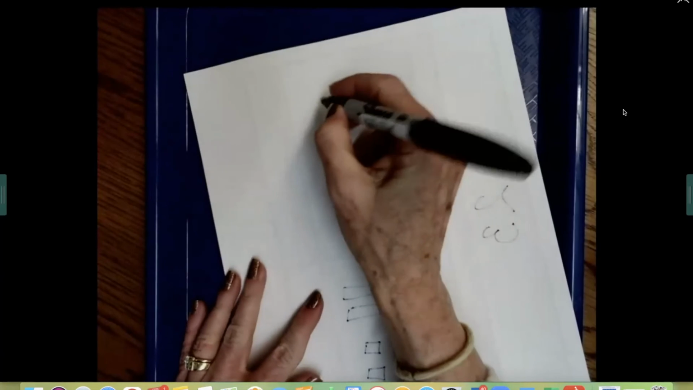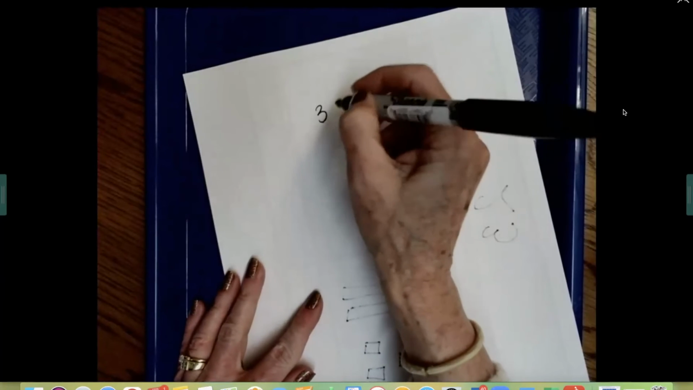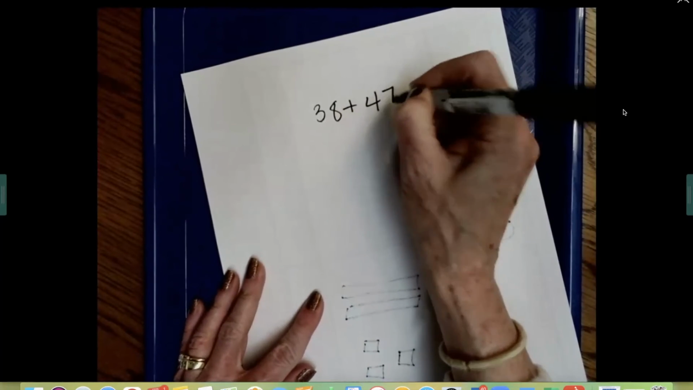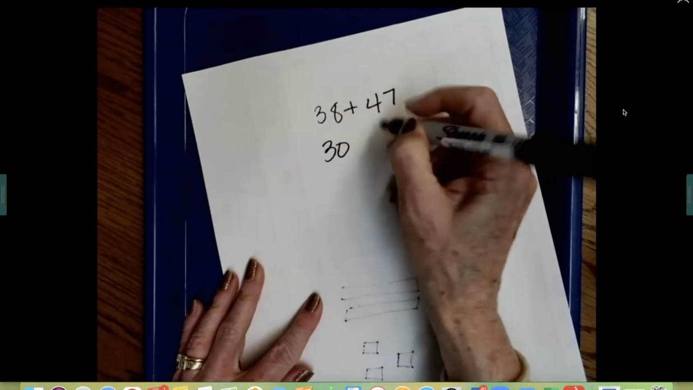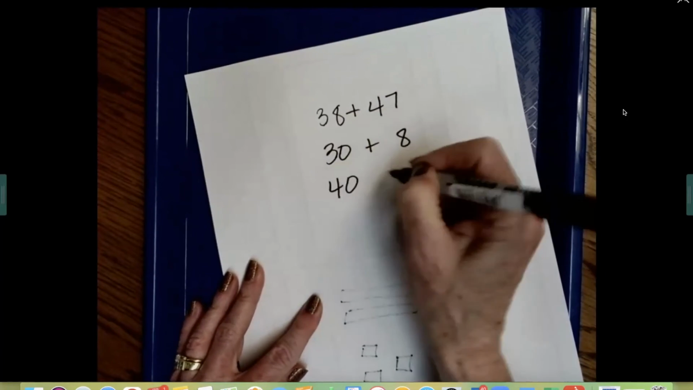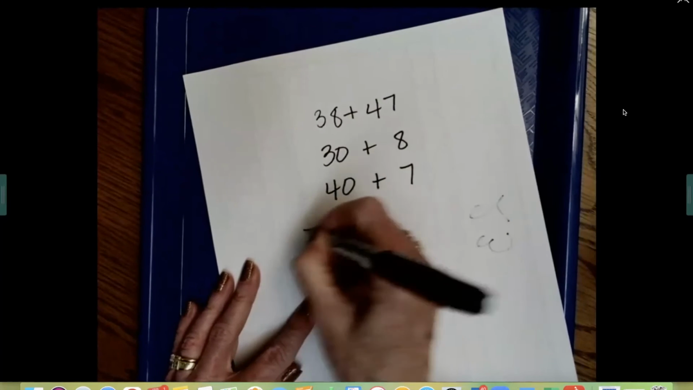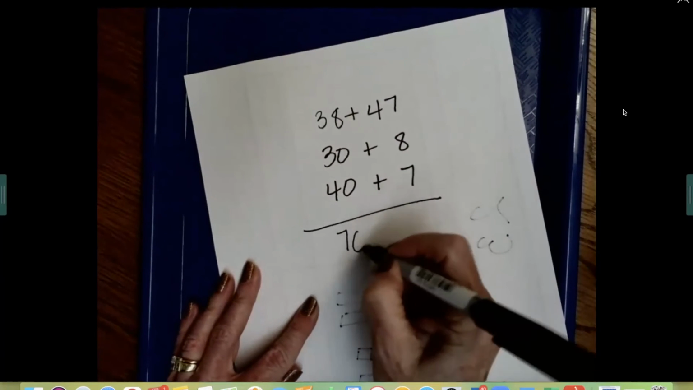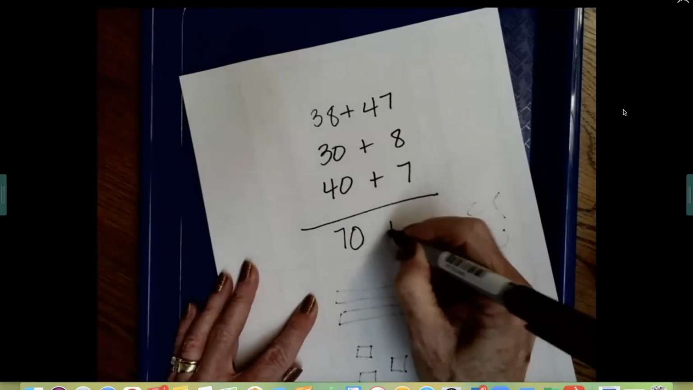You could set your 38 plus 47 up this way. 30 plus 8 and 40 plus 7. You could set it up this way. That looks better. And they would know to add their 10s